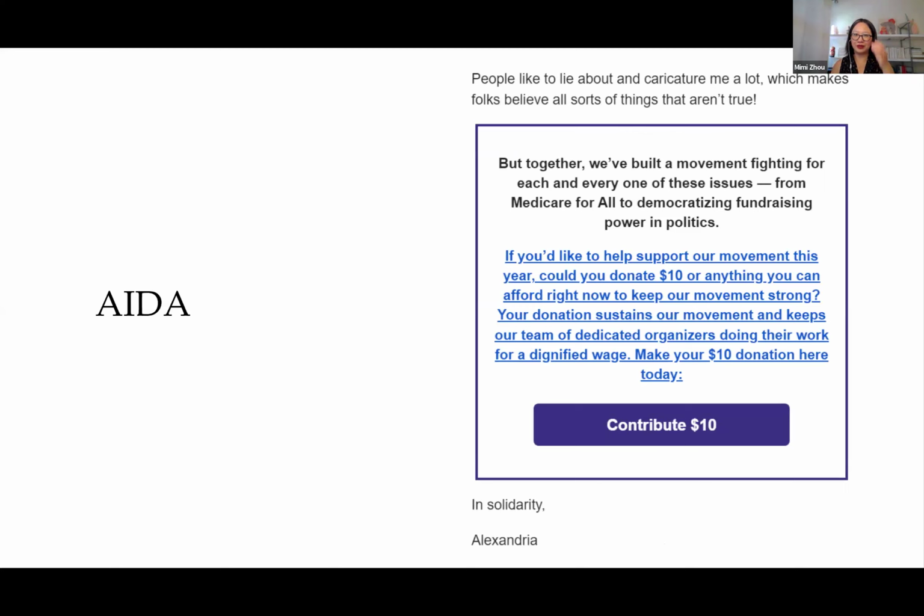If you'd like to help support our movement this year, could you donate $10 or anything you can afford right now to keep our movement strong? Your donation sustains our movement and keeps our team of dedicated organizers doing their work for a dignified wage. Make your $10 donation here today. Contribute 10. In solidarity, Alexandria.